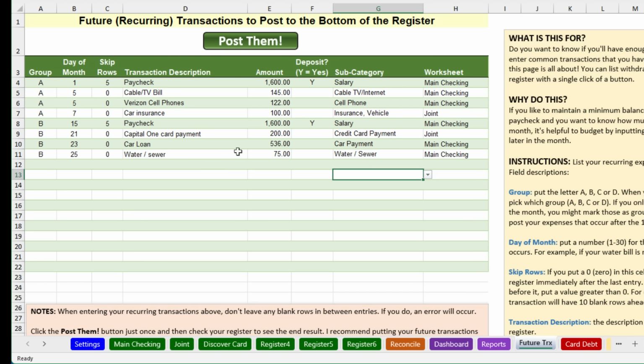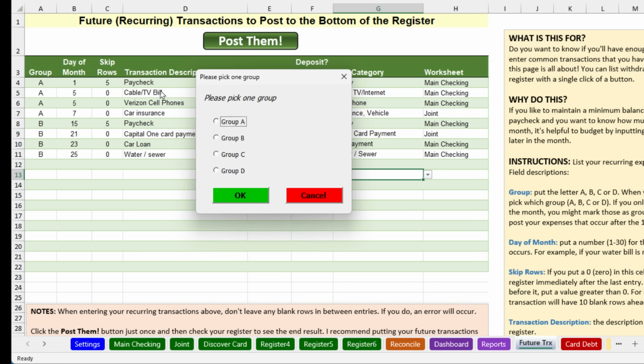Now I'll demonstrate the use of this here in just a moment, but before doing so, let me talk about the designation of a group letter, group A, B, C, or D. Now one option would be that I could just have all of these be the same group letter, group A. And what happens when you go to click on this button for post them, you'll have a little dialog box